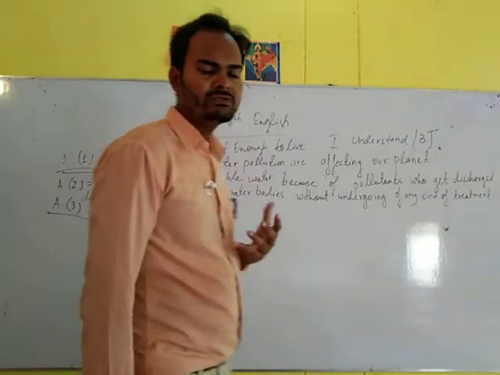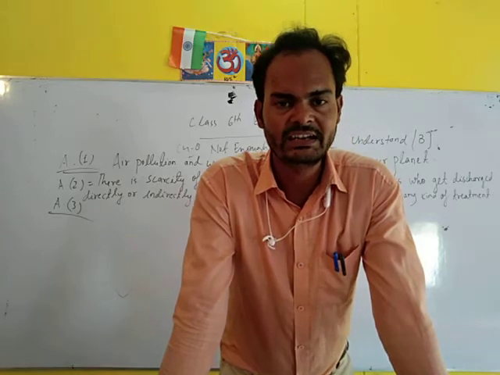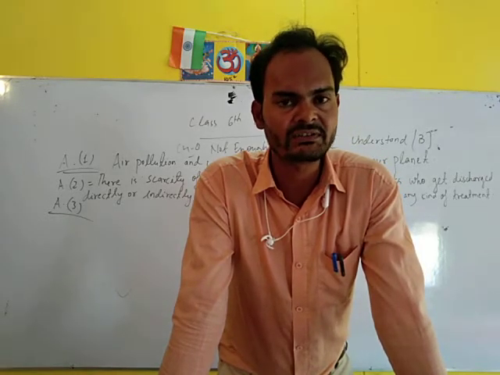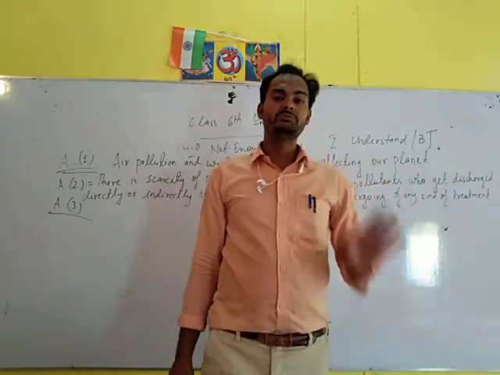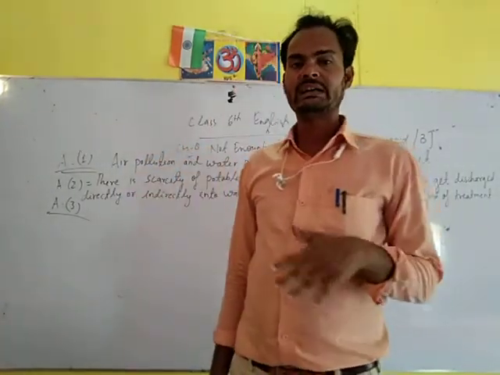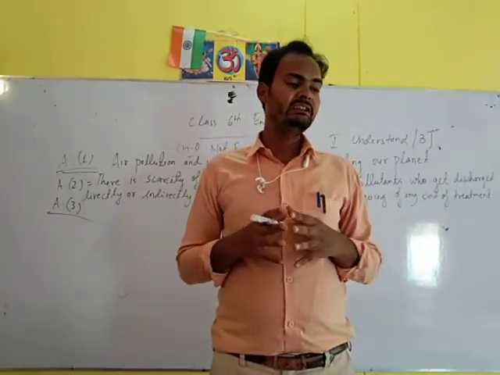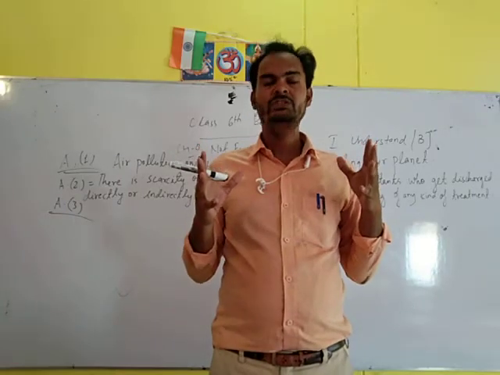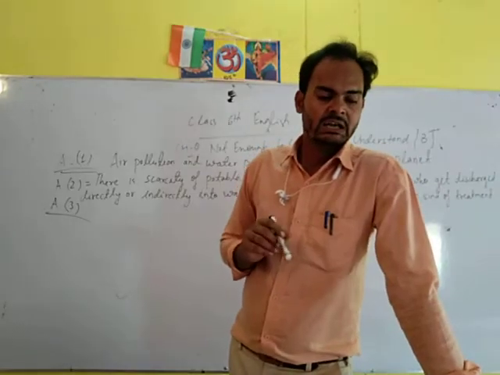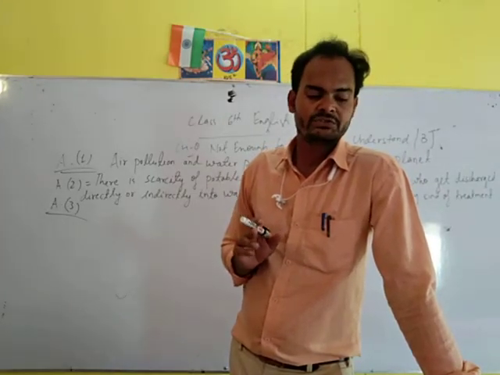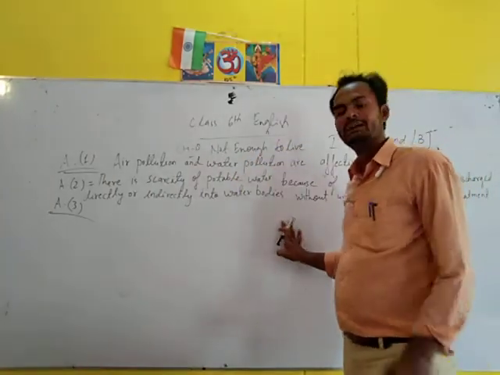What is global warming, students? The heat, the temperature of the globe, that means Earth. If there is an increase in the temperature of Earth, that means global warming. By that global warming, icebergs of Antarctica will melt, and by that the water level of the sea coast will increase, and all cities nearby the sea coast will go underwater. So students, now the question is, how does carbon dioxide contribute to global warming? And in this global warming, what is the role of carbon?